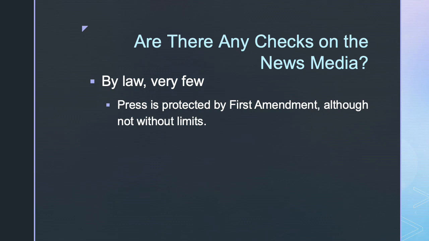The press is protected by the First Amendment, and so it has wide berth in terms of what it can print, and that's just a reflection of an entity or an individual that gets those constitutionally protected liberties. It's kind of hard to place restraints on it. But as we learned in our chapter on civil liberties, all liberties are subject to some constraints. And so even though the press is protected by the First Amendment, it's not without limits. When it comes to any press, newspapers, and also broadcast media, they're subject to